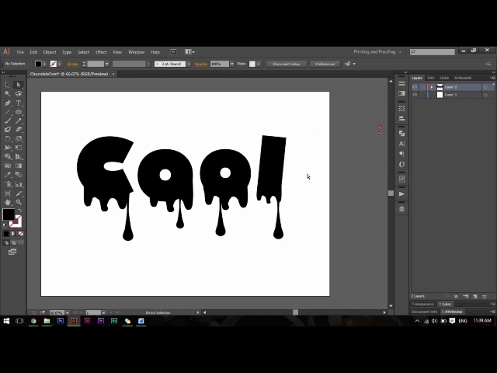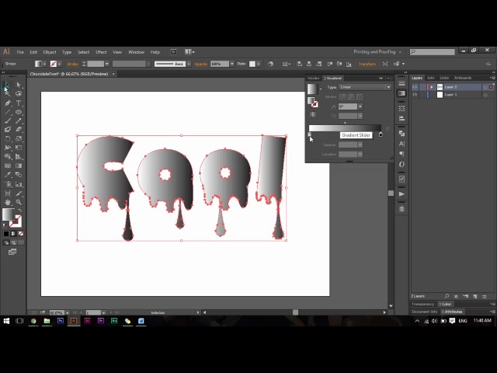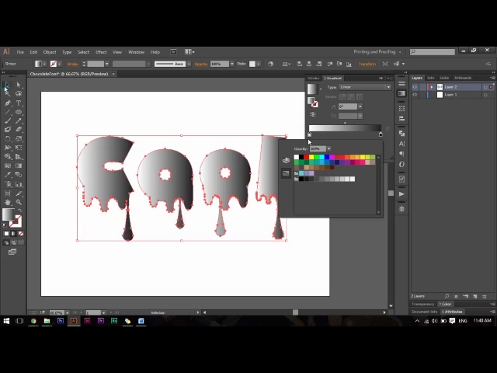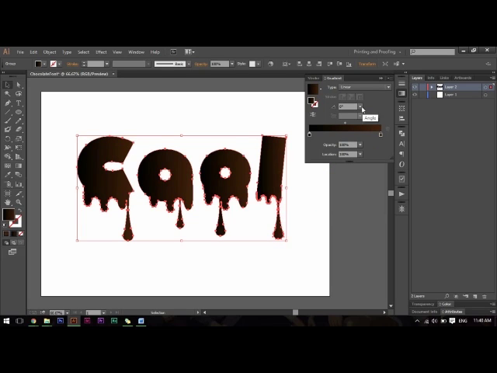Now that we have the look that we want on our font, we can start thinking about colors. So if we select everything and go up to the gradient tool, we can start playing around with that. So we double click there and we select two of the colors we want, that's being black and brown, and then we decide what angle we want it at. So we want the brown at the top and the dark at the bottom. So once we've done that,